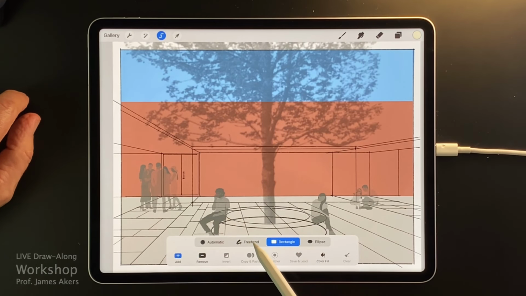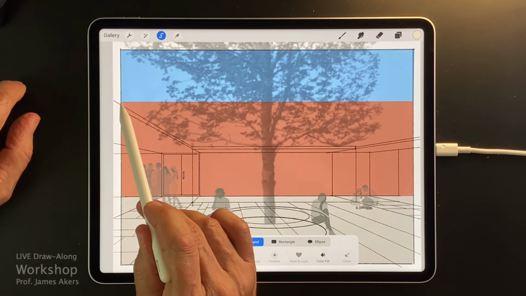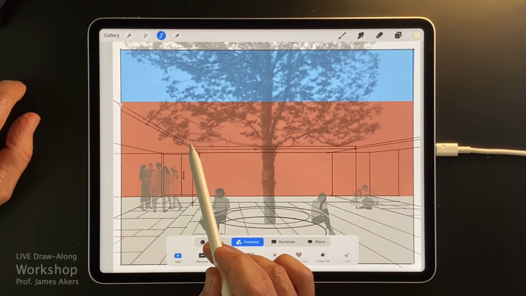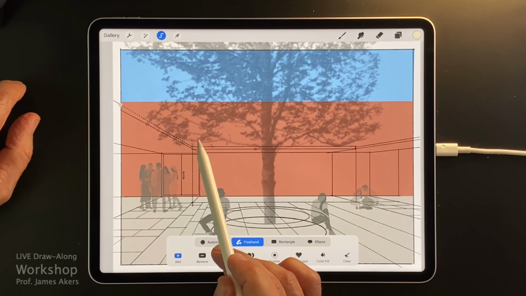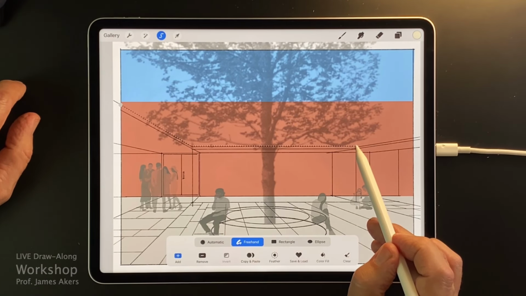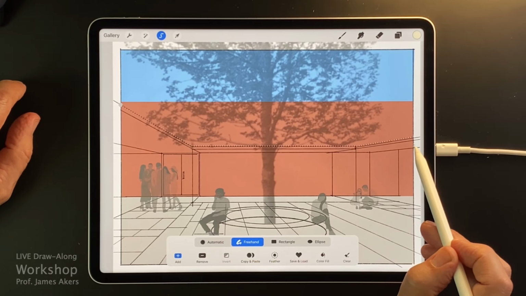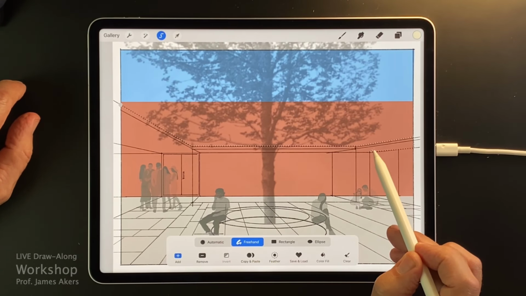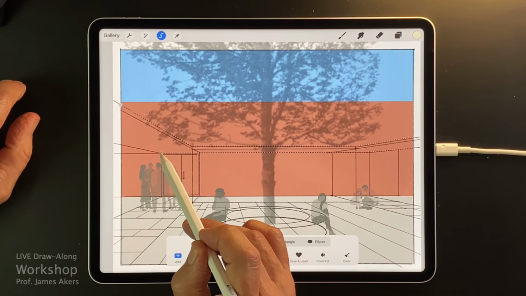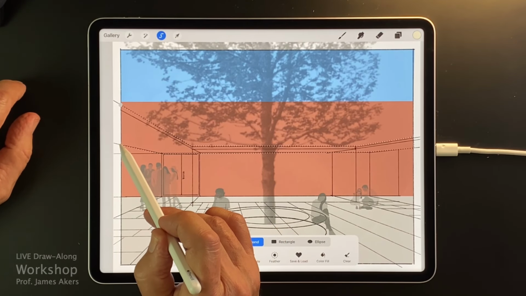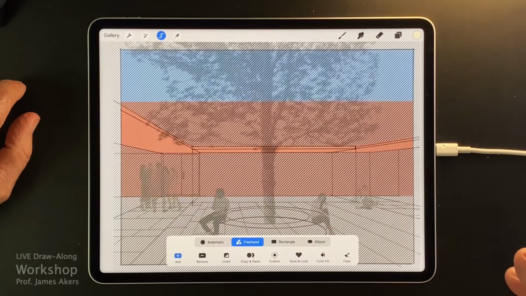And once I'm in the selection tool, I'll go to freehand, and I'll try and keep the palm of my hand away further this time, and I will work my way around this and down to the bottom and across to the bottom of the canopy and up.